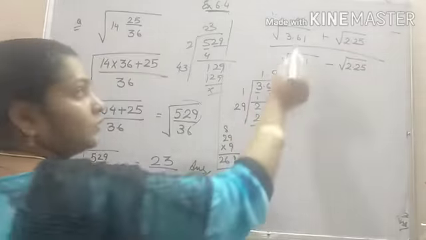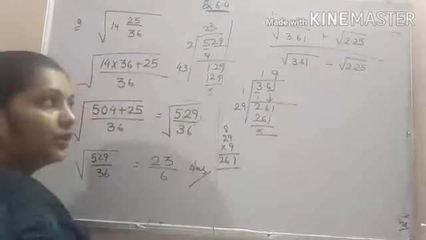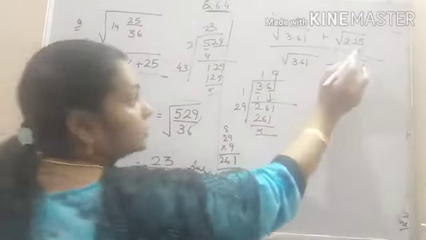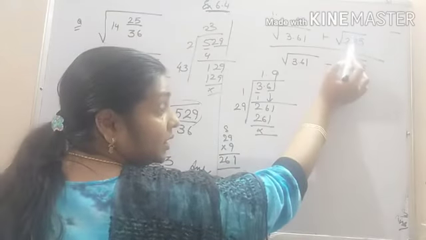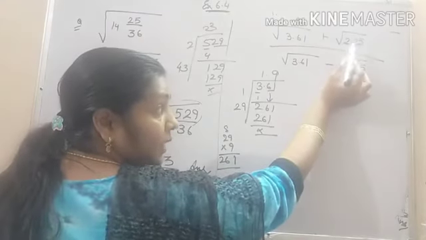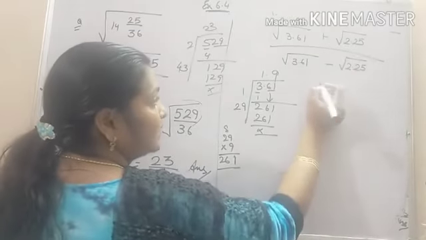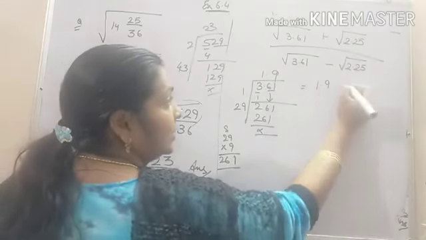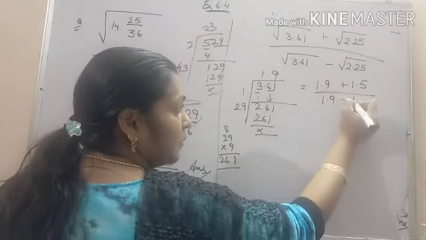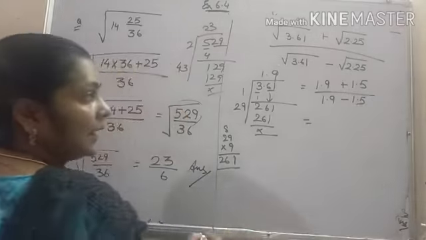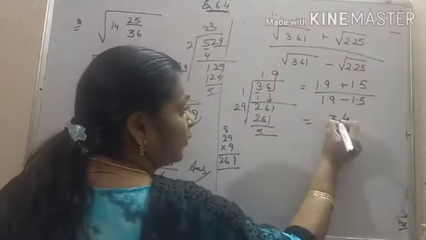So you get the root of 3.61 as 1.9. And 2.25, you know it is 1.5 because 225 is the square of 15 and the number of digits after the decimal becomes half. So it will be 1.5. Now substitute the value. 1.9 plus 1.5 upon 1.9 minus 1.5. Add them. 3.4 upon